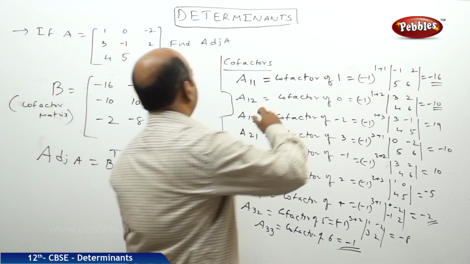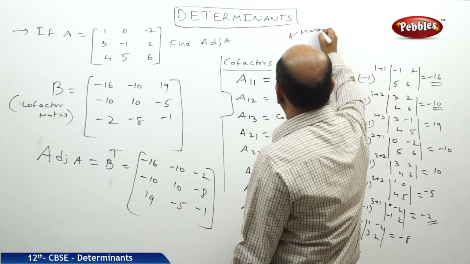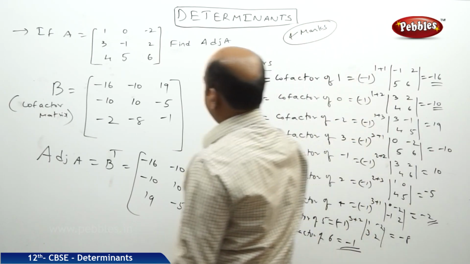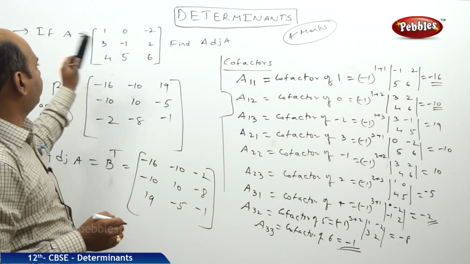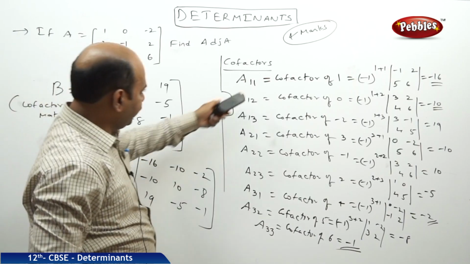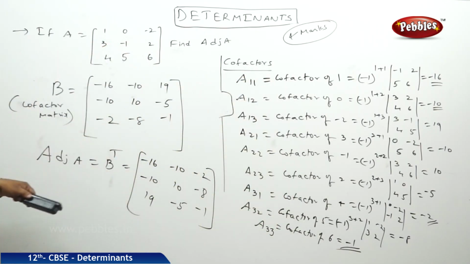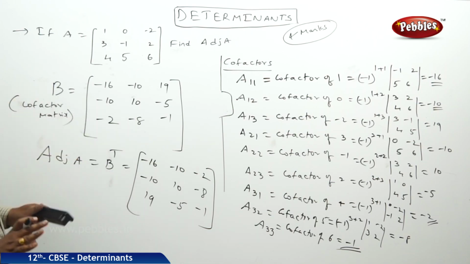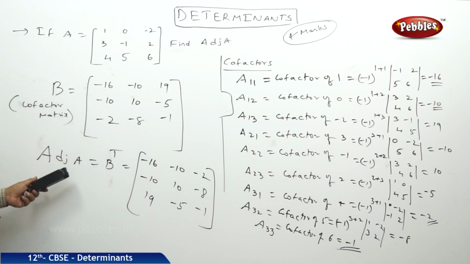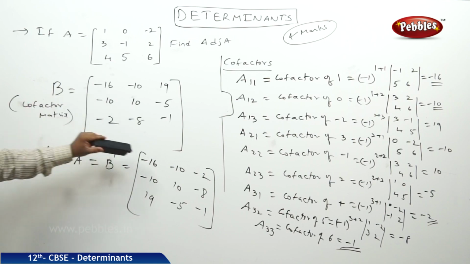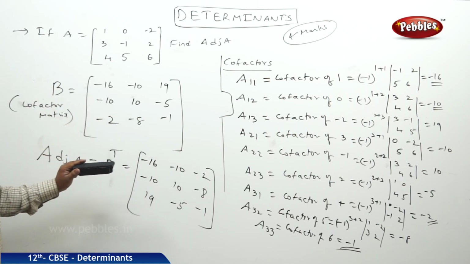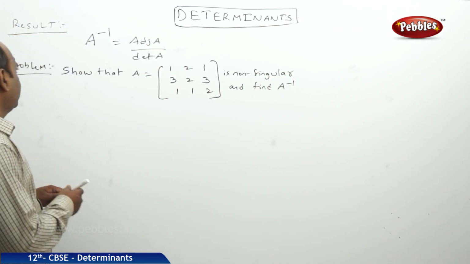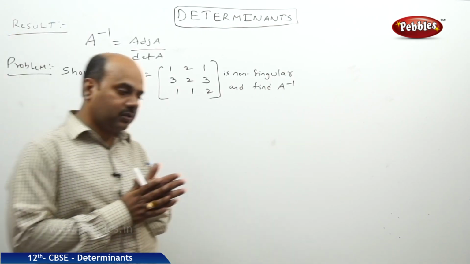This kind of question they may ask for 4 marks in your CBSE pattern. If you are required to find adjoint of A, first of all, we need to find the cofactors. After finding the cofactors, write the cofactor matrix. Cofactor matrix is the terminology used by me, but in general, the definition will be otherwise. Later we need to find adjoint A, which is obtained by just transposing the elements of the cofactor matrix. It's a very important question. Please copy. Right? Now we are going to see the concept of inverse of a matrix.